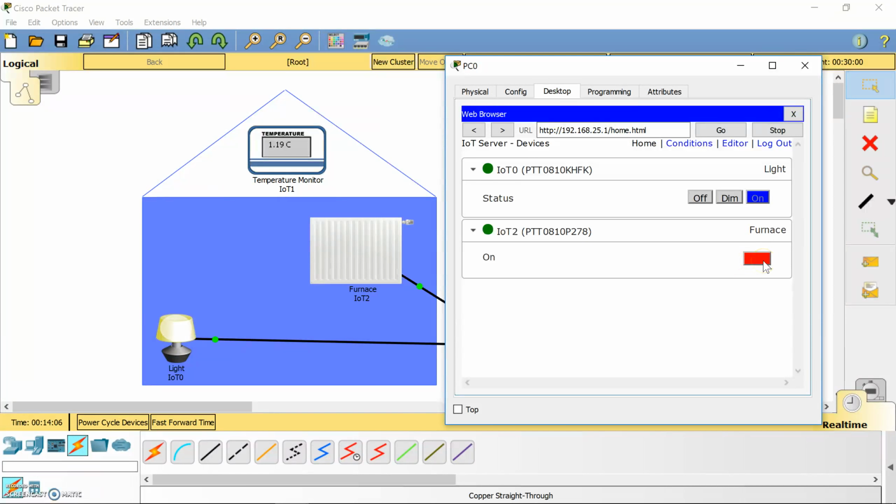I can click here, and now it's the night. Let me turn on the heating, so it's a little bit cold in my house, and you see that the temperature immediately starts growing, even though it is night. Now it's growing even quicker because the sun is up. That's how you can play with Internet of Things devices, with connectivity, with remote